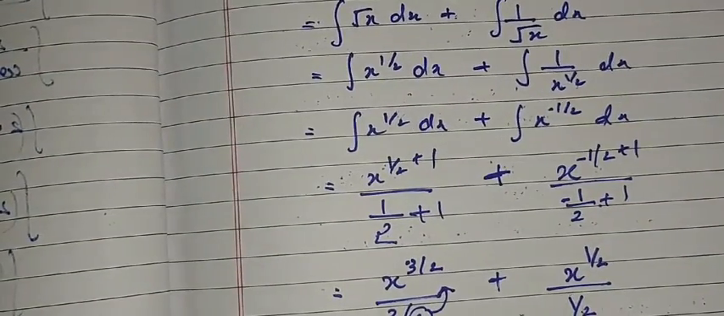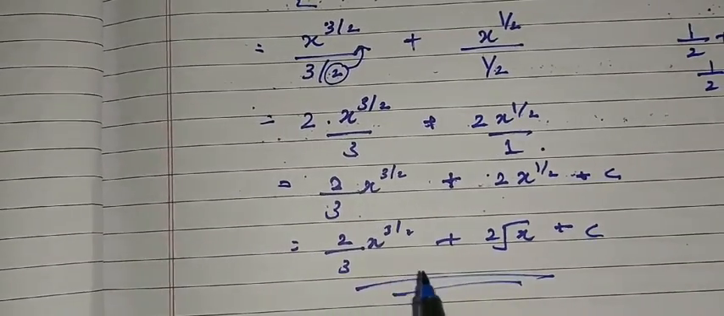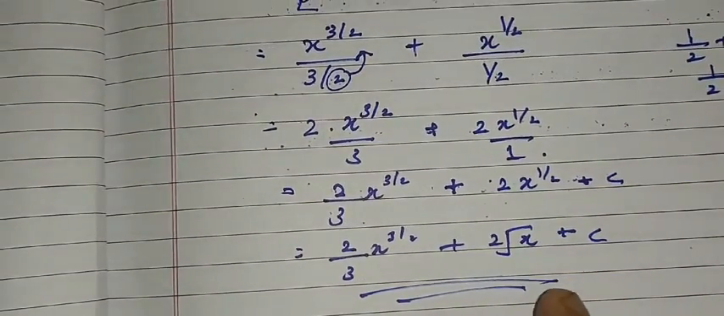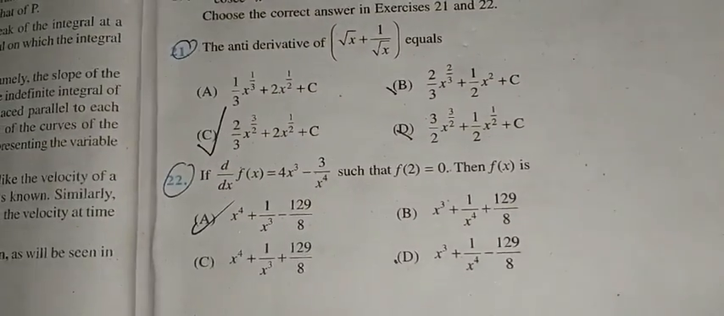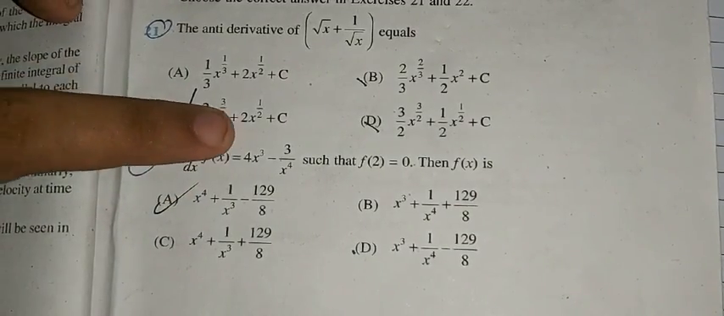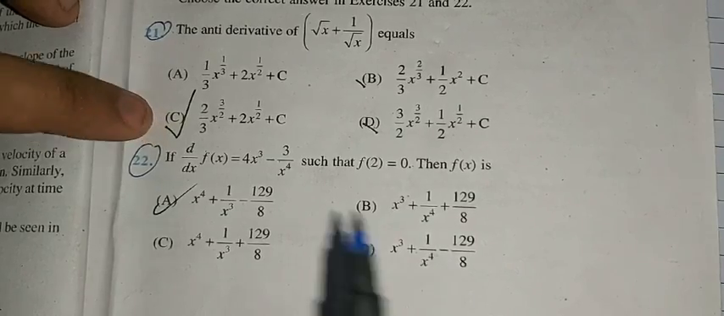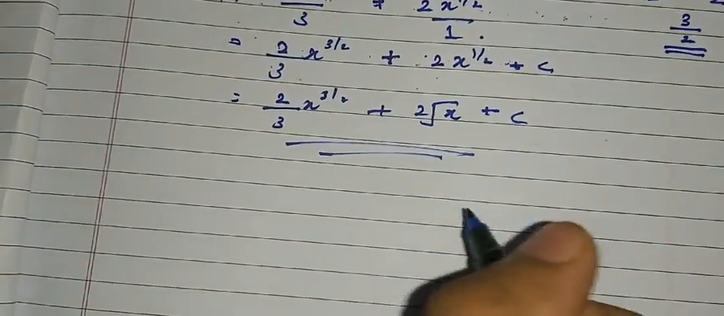Now we move on to the final question of this exercise. Oh sorry, before that we should mark the option. So we got the answer as 2 by 3 x raised to 3 by 2 plus 2 root x plus c. So let us check in the options. So in the options, 2 by 3, the correct answer is, I have already taken it, so the correct answer is C. Now we move on to the last and final question, question number 22 of this